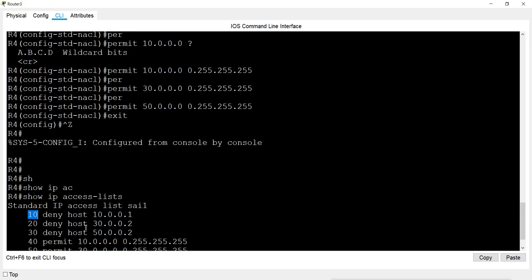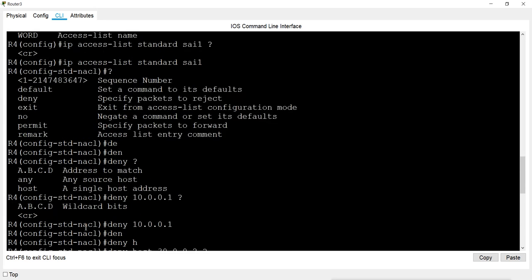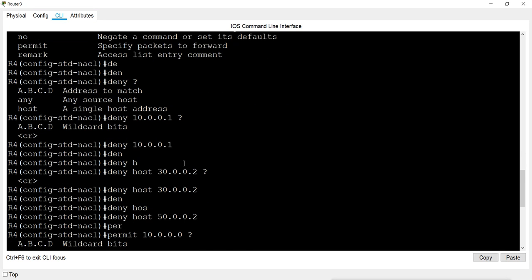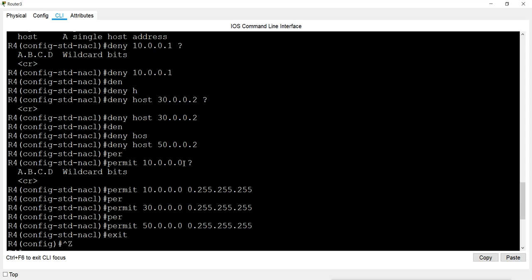Now if you remember, when I gave a question mark directly under the ACL mode, it says that you can change the entries and change the commands to the default state. You can use deny entry, you can use permit entry, you can exit from the mode, and also you can remove any entries from here. Now there is one more option here. It says the sequence number, that means we can use the sequence number also. We can start the command with the sequence number, but I did not. I actually used this command directly.